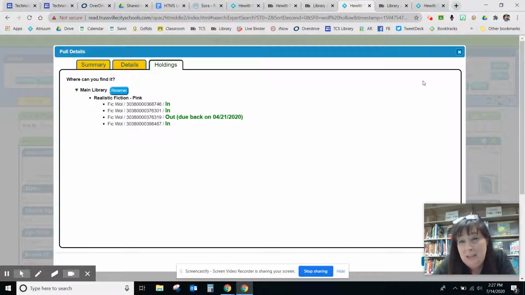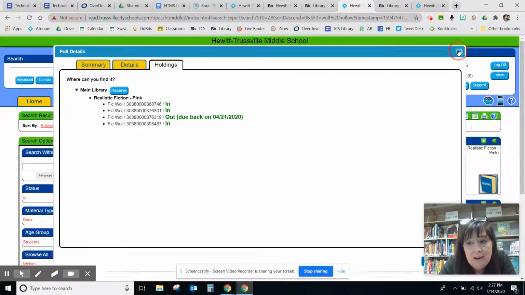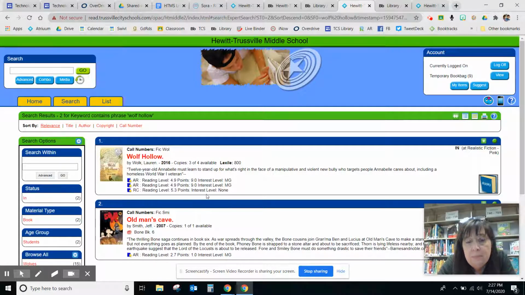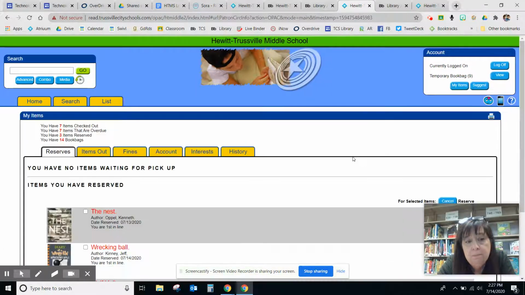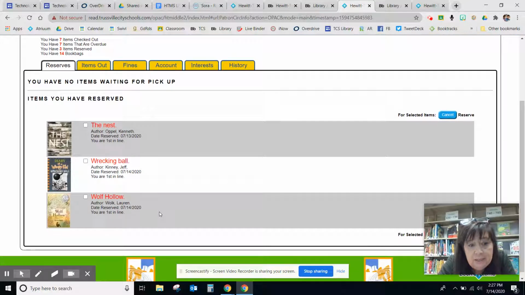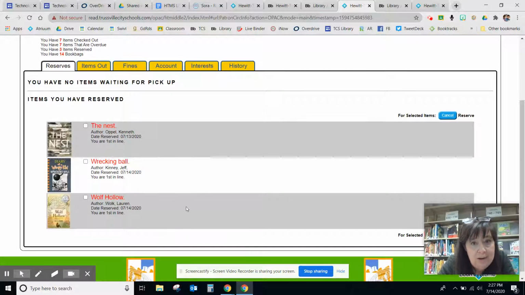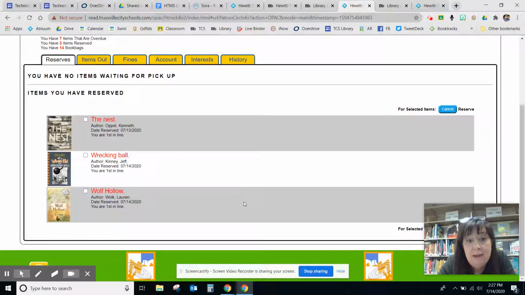If you're wondering where it is, it hasn't shown up, you can always go back into your account and just make sure that that reserve is there. So let's do that. I'm in the OPAC. I'm going to click on my items up here, and I'm going to look at my reserve list, and I see that all 3 titles are there. These are books that I've asked to reserve. If I click on one of them,